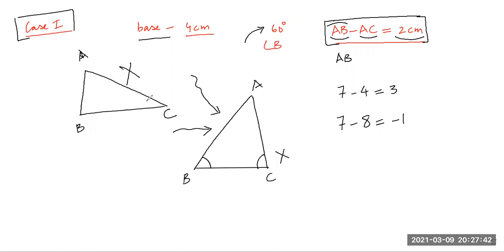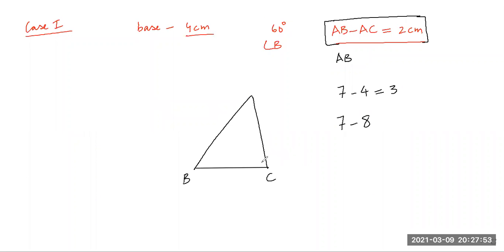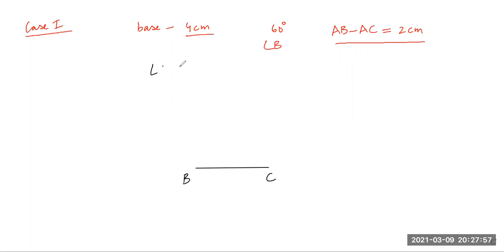I once again repeat, if the arm of the triangle on the given base angle is bigger. It may be angle C also. See, it may be given, just see here, that angle C is 60 degree, no problem. Don't think only the left hand side angle should be given. It can be the right hand side angle also. Angle C is given. You can be smart. You can draw like this, BC, and then draw angle C here. This is 60 degree.